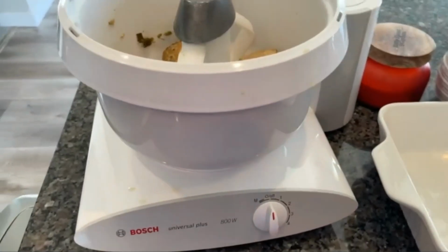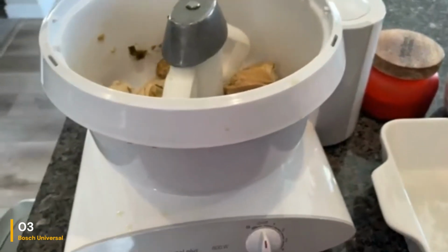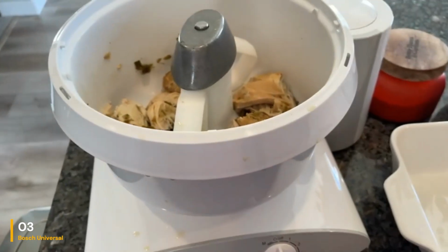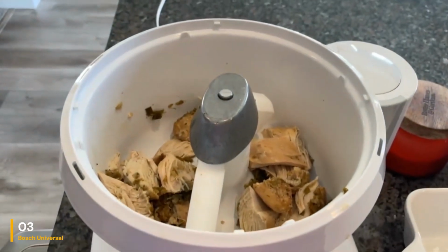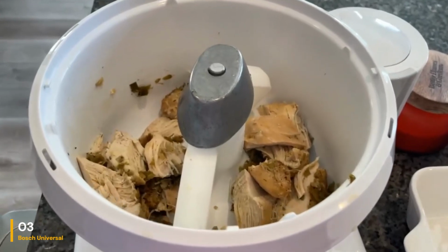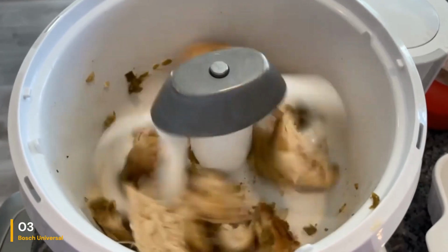Number 3. Bosch Universal Plus Mixer. When we first encountered the Bosch Universal Plus Mixer in a cooking demo video, we were both intrigued and a bit puzzled. After thorough testing, our feelings remain mixed. It's not that the Bosch is a bad machine, far from it, but it operates quite differently from any other